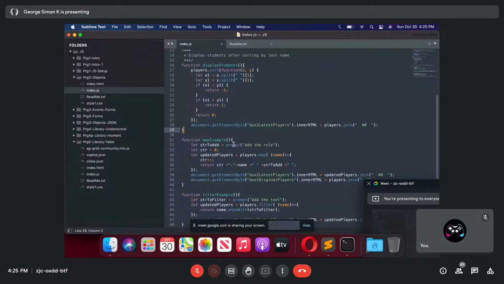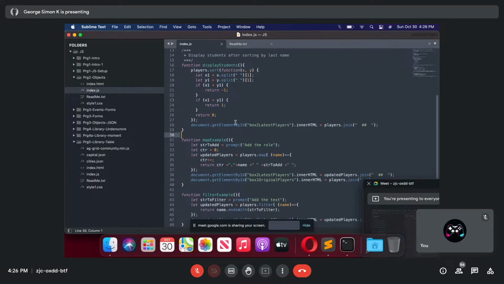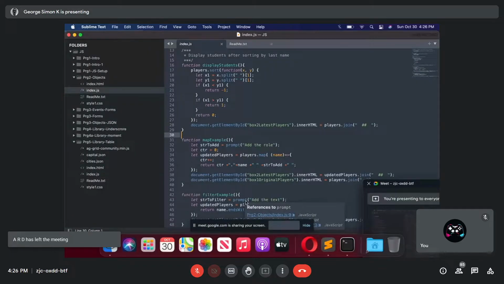Another 2 methods in the array, some of them I already mentioned, like push, unshift, slice. There are a few more methods which are very interesting. One is called map and second is called filter. All the other methods like push, unshift, slice, pop will actually mutate or change the array.